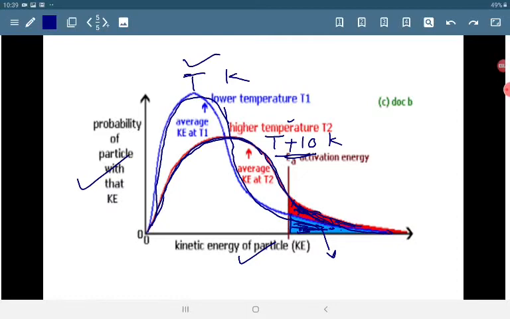So we have seen practically that by increasing the temperature of a reaction by 10 degrees, the rate of the reaction becomes almost double. What is the reason for that? The reason is the fraction of molecules which are capable of effective collisions. That means the fraction of molecules which possesses energy equal to or greater than the threshold value also becomes almost double.